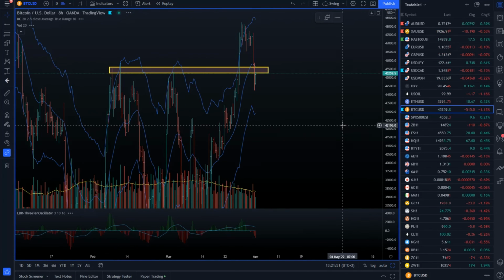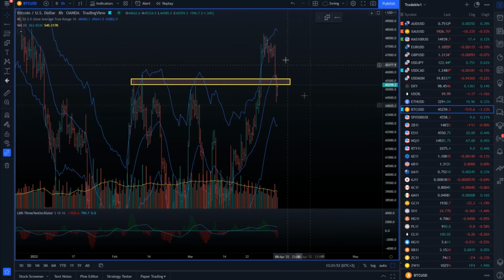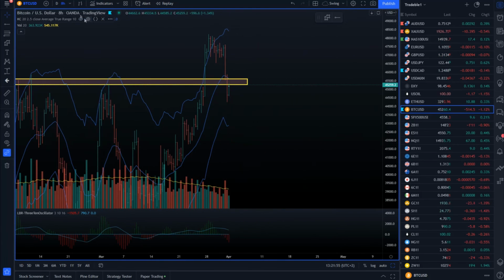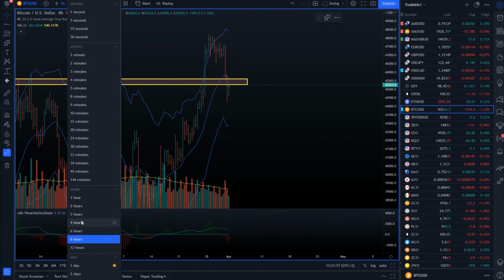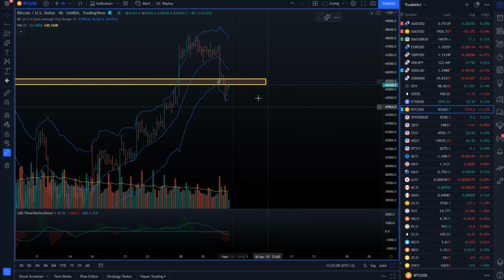Even if you go to higher frames, you will see that we got a sell-off, but as I said, we need to see the buyers regain, and that will be a pretty good sign for the bull continuation. So watch for potential bull continuation of the Bitcoin.